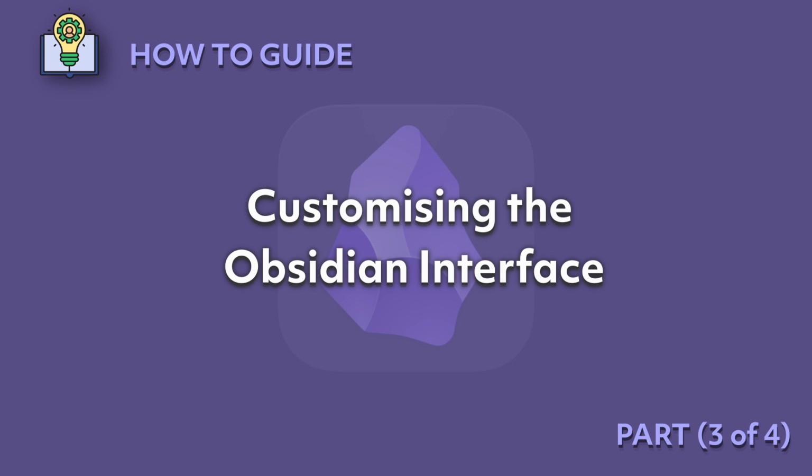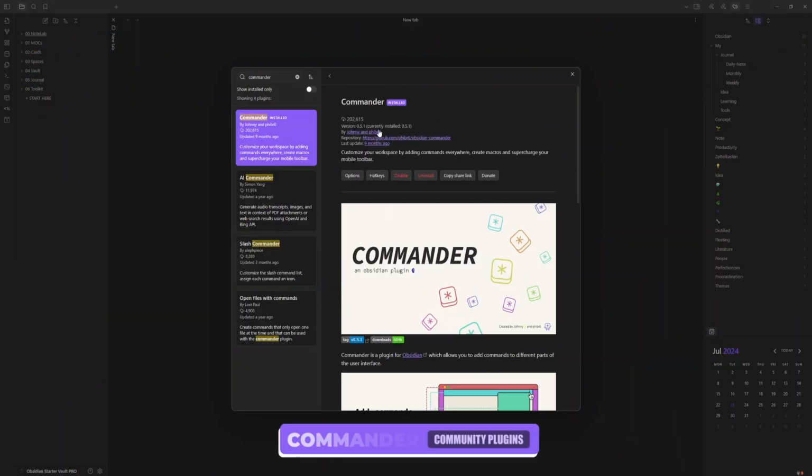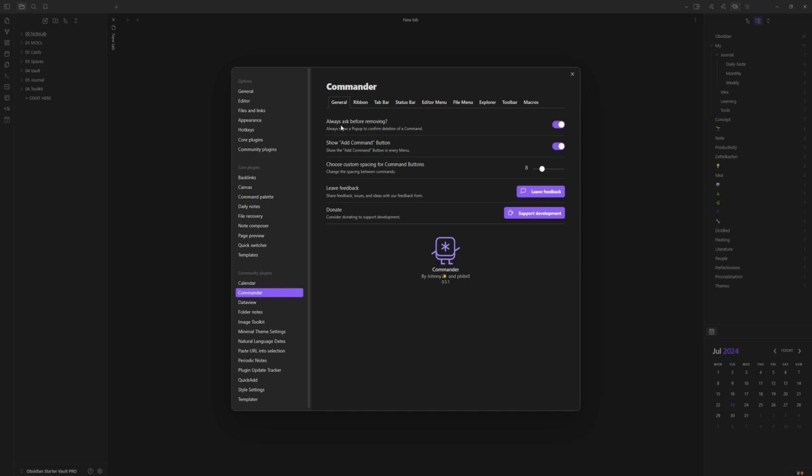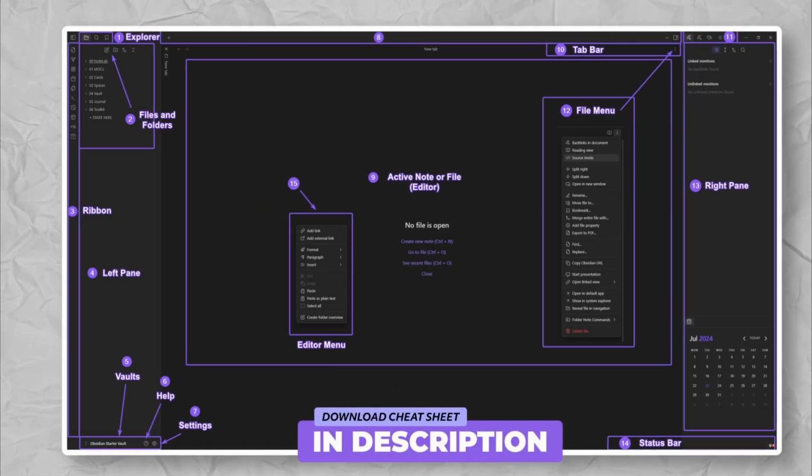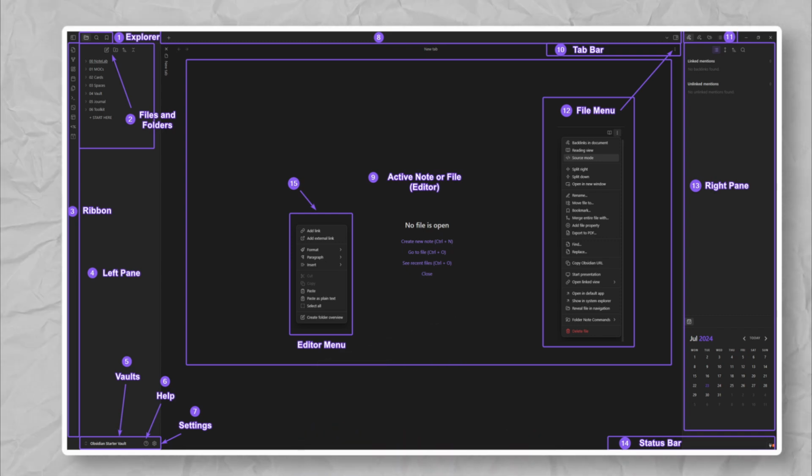Customizing the interface. The first plugin we'll look at is Commander. We'll jump into the options, and then we're presented with a few tabs up the top here. Looking at the options here, it's not very clear where the ribbon, the tab bar, the status bar, the editor menu, the file menu, the explorer, the toolbar, or the macros are located on our interface. I'm going to include this cheat sheet in the video description, which will assist you in familiarizing yourself with these